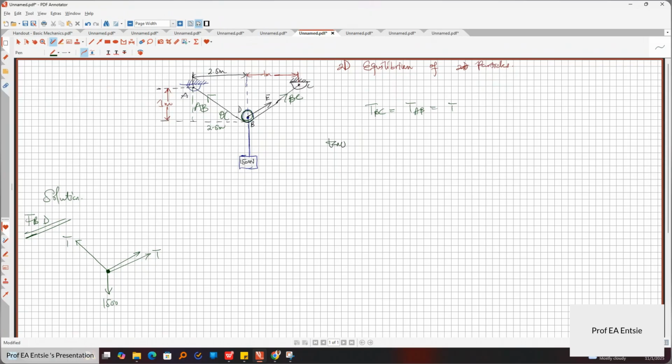So I can say tan theta equals opposite over adjacent. Tan theta will be equal to 1 over 2.5, which is 1 over 5 over 2, which is 2 over 5. So I get tan theta equals 0.4. Theta will be equal to tan inverse of 0.4, and this is 21.8 degrees. So what does it mean? It means that